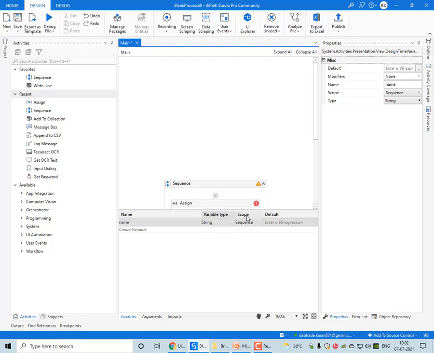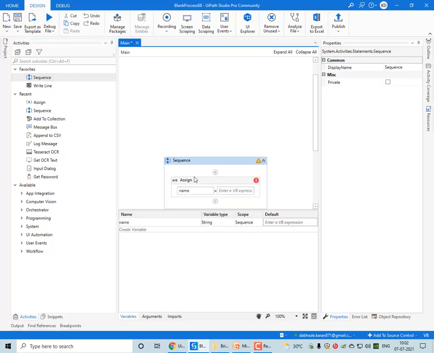Now this is the scope, the sequence. Suppose I am having another scope, another sequence. Let me set the naming convention here, demo. So you can see this variable is assigned in this scope, demo.